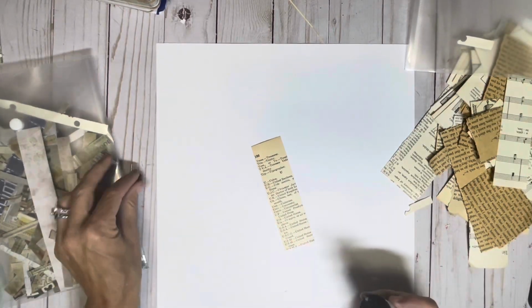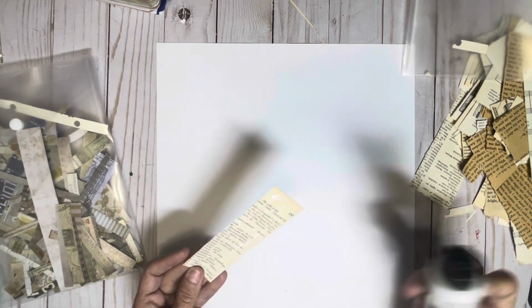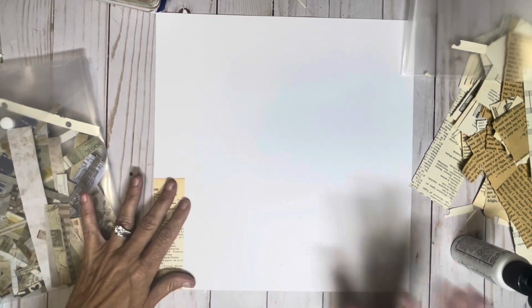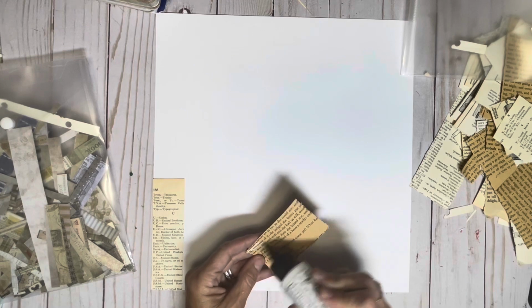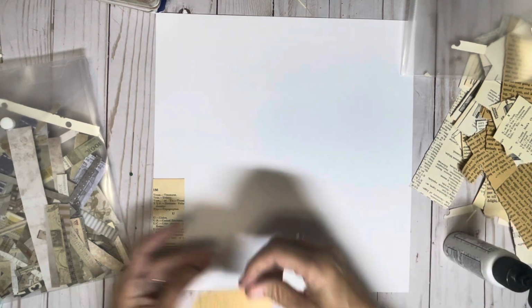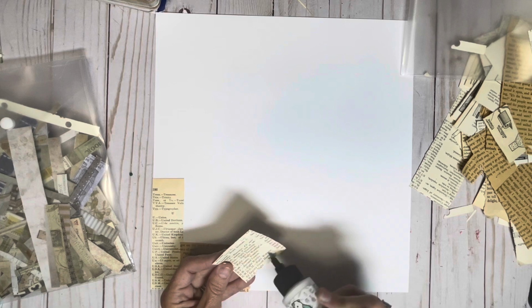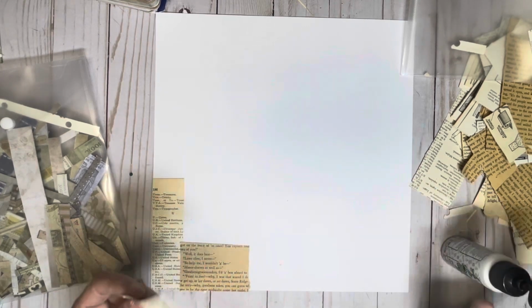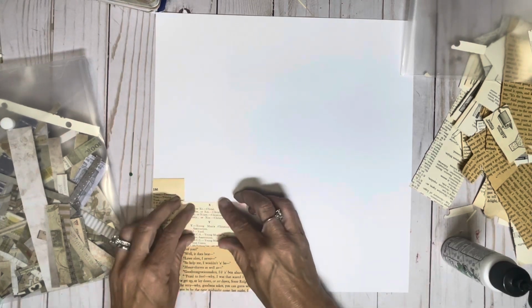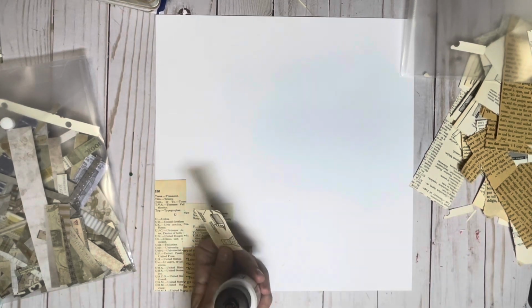Now I will tell you guys, collage is my most uncomfortable thing to do. And I'm having to use my Barely Arts because I don't know where all my glue sticks are right now. Glue stick is probably better for this, but I don't know where it's at. So we're doing Barely Arts. But doing a collage is what I am most uncomfortable doing. I do not consider myself to be good at collage at all. But I need to make myself do it. I've had people tell me that the more I do it, the more comfortable I would be with it. So I hope they are correct, but